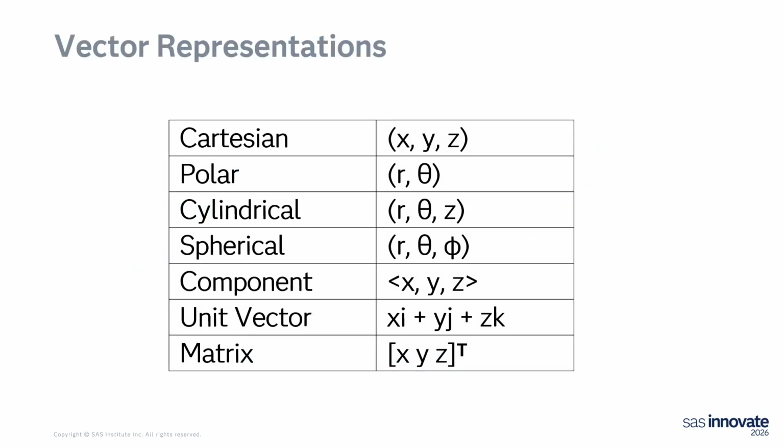Okay? And again, the representations, you can use Cartesian, polar, cylindrical, spherical, component, order, a unit vector, or a matrix of some kind. I don't care. Write the code to handle it the way you want to handle it. But if you keep them in that Cartesian coordinate approach with A, B, C, and numeric fields, then the math underneath, the operations, is going to be identical. All you care then is how do you display it.